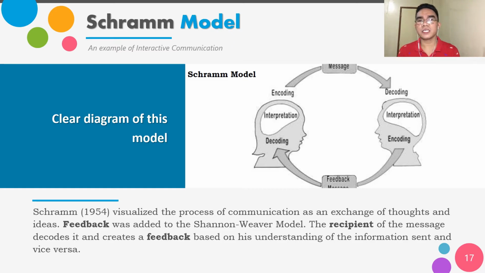Now, before the receiver receives the message, there will be a decoding process. What do you mean by decoding process? The decoding process is the time wherein the receiver will interpret, comprehend, or even understand the message being sent by the sender. In Filipino, iintindihin na. So once you've heard, you've read, or you've even touched something which consists of a message, you will interpret its meaning.